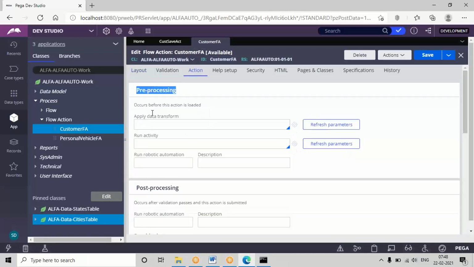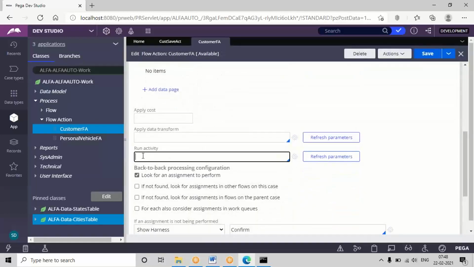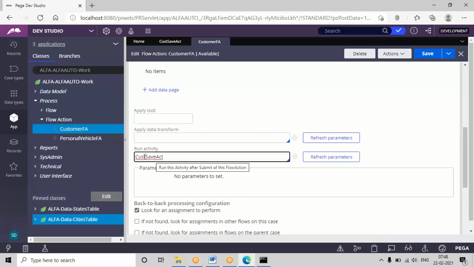Here you will get pre and post processing. Generally, the activity should execute after giving input and submitting the form, so in the post processing it will run this activity. We need to call your activity details here under run activity. So the customer save activity we have to mention here.